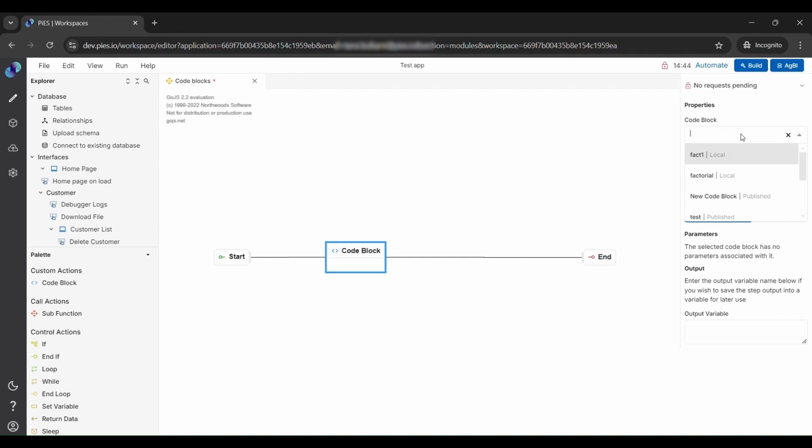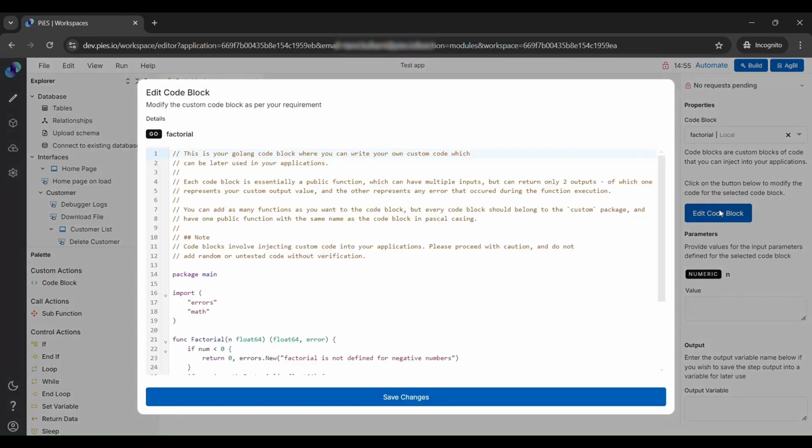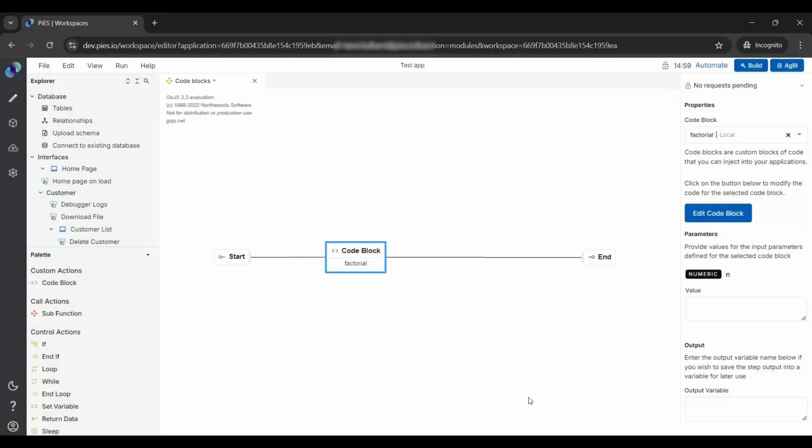You can choose from the list of code blocks that were already created under the Code Block section on the Explorer panel. You can also edit the code block by clicking on the Edit Code Block button. A pop-up window appears where you can edit your code in the created code block and click Save Changes to successfully